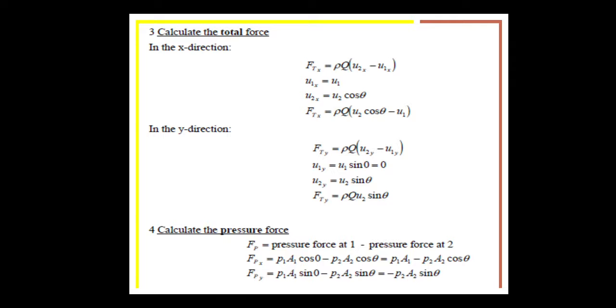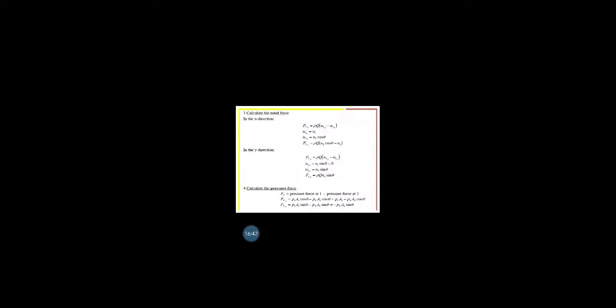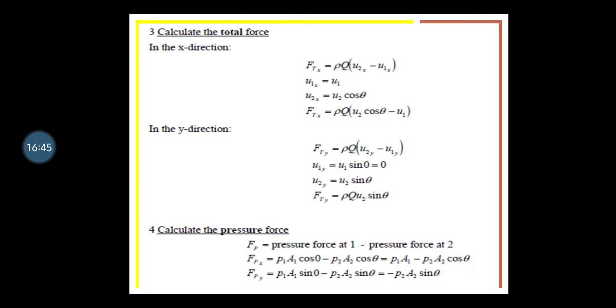Now see the calculation of the total force in the x direction from the first figure. F of tx, or F of x, is equal to rho Q (discharge) times u2x minus u1x. So we can write v2x minus v1x also, no issues. Whatever symbols or notation you have been given, you can change them according to the diagram. In the fluid mechanics books you can have different notations also. So in the x direction, F of x is equal to rho Q (u2x minus u1x).